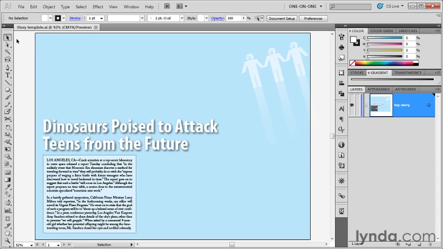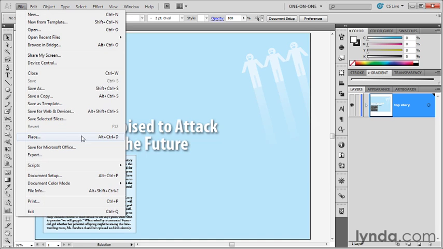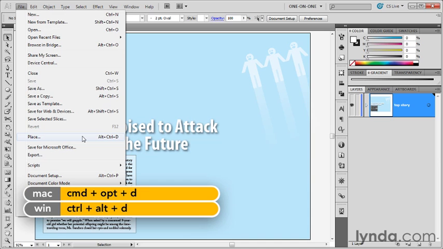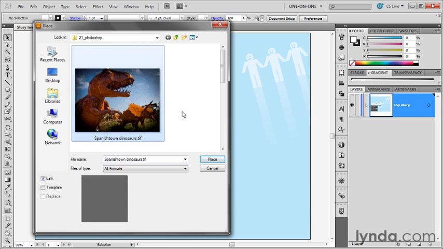I'm working inside this file called storytemplate.ai, and method number one is to go up to the File menu and choose the Place command. Or if you loaded D keys, you can press Ctrl-Alt-D or Command-Option-D on the Mac. And then go ahead and navigate your way to the 21 Photoshop folder, and there you'll find, among other files,